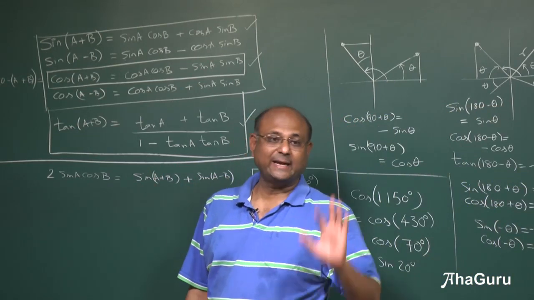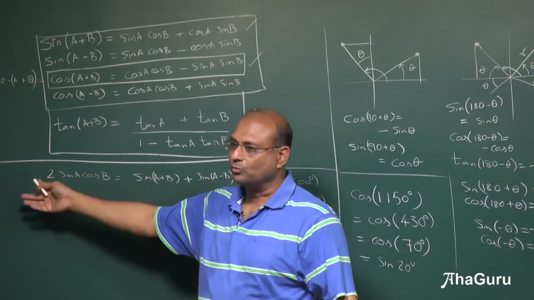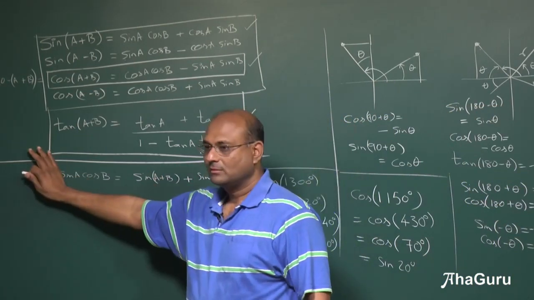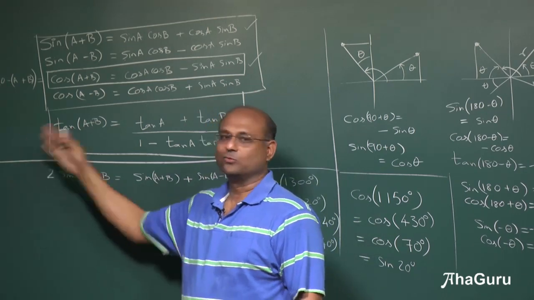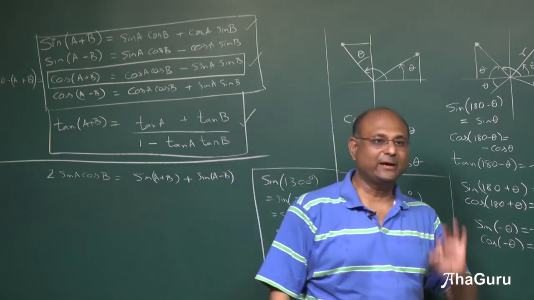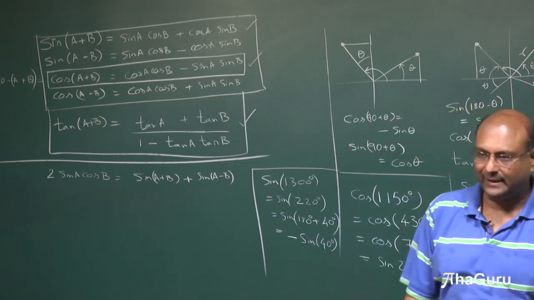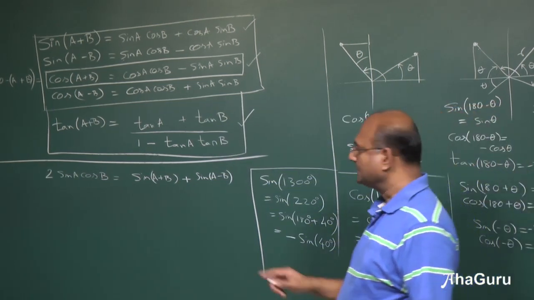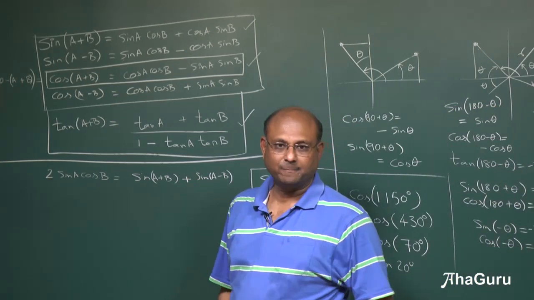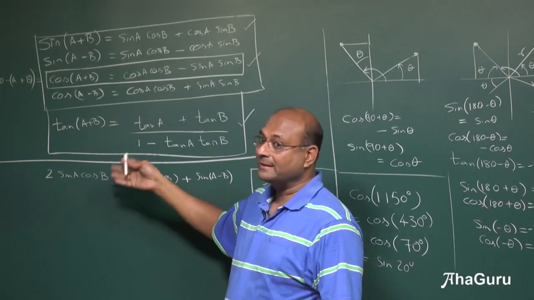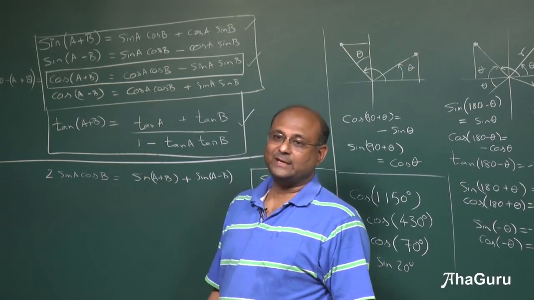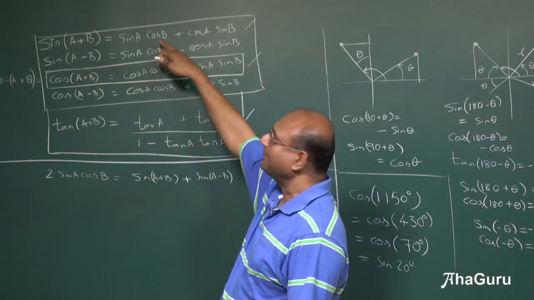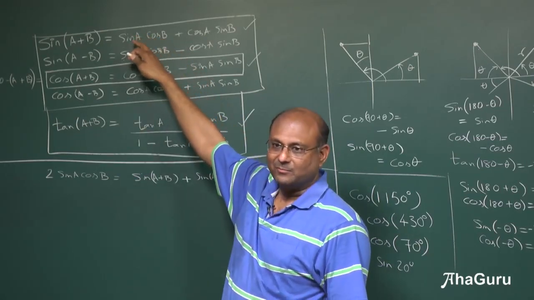So 2 sin A cos B, usually people remember it as 2 sin A cos B. What if you don't have the 2? Say 1 by 2 into 2. So 2 sin A cos B is sin of A plus B plus sin of A minus B. This is important to remember in this form. Unfortunately, there will be a third form. You can say, well, this is only the same as that. It is. But why is this important?